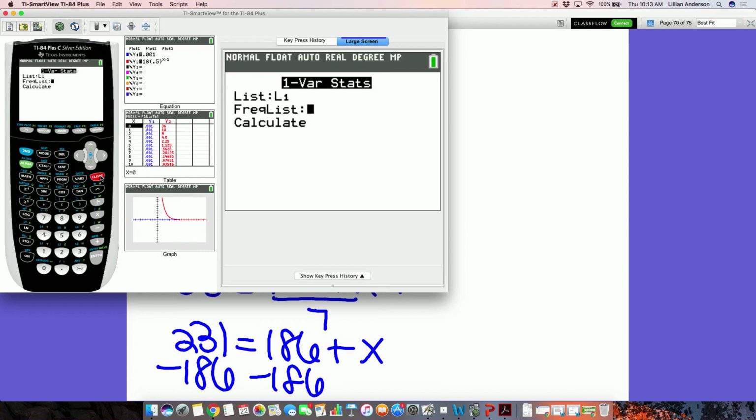If your calculator does not look like mine, that's when you do second 1 to get L1 onto your screen. I only have one list, just that one. So second 1, if you need to put in L1, and when I go to calculate,